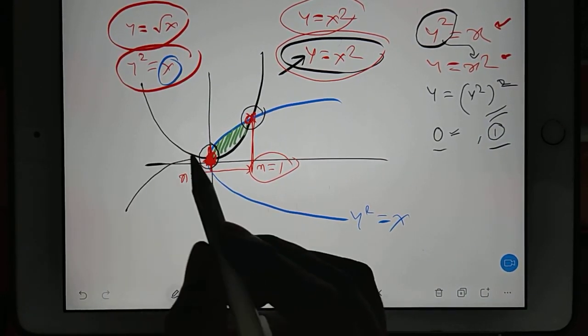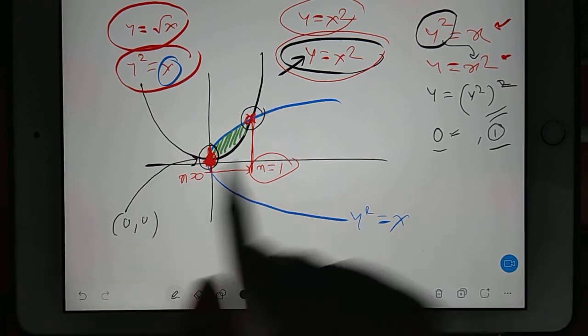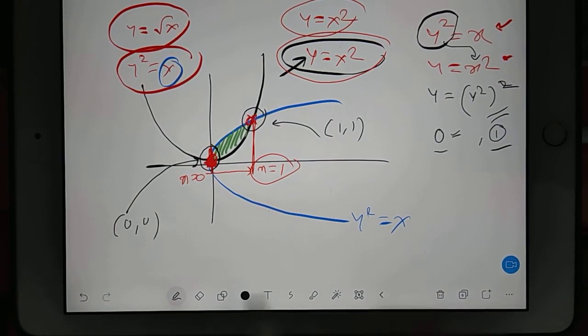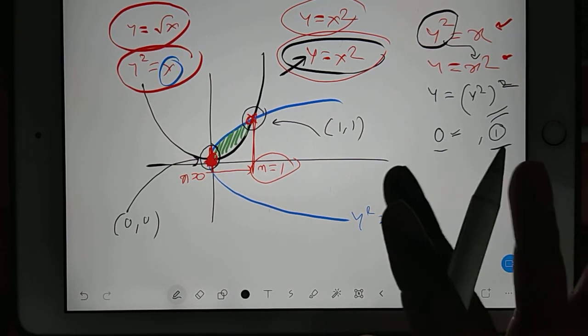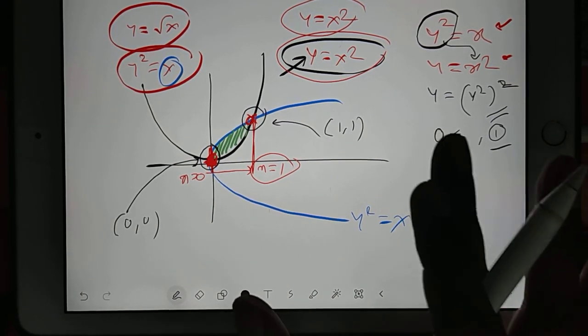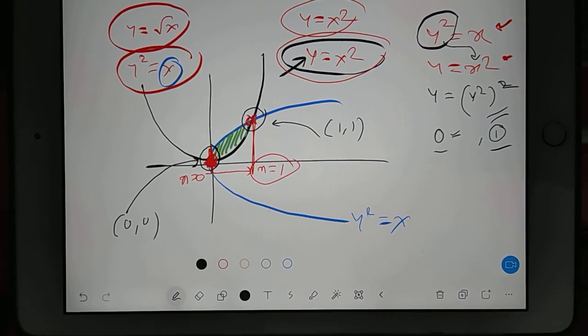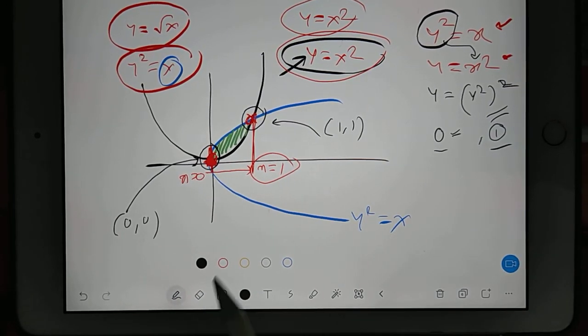I am talking about this coordinate. This coordinate is nothing but 0, 0. And what about this coordinate? This coordinate is 1, 1. Clear? So if I know my x coordinate, if I know my y coordinate, then you have to consider the strip. Now see here. Actually this area I have to draw separately so that I can explain.